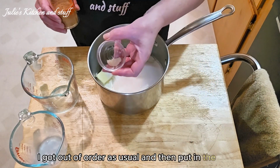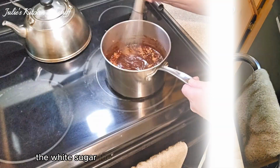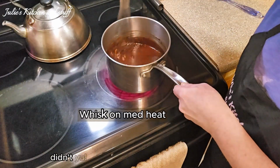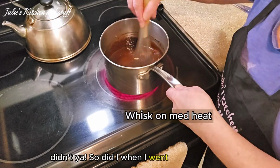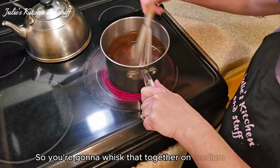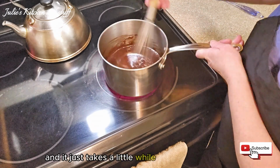And then put in the butter, the milk, the white sugar, the salt, and then the cocoa. Thought I was going to put the cocoa in first, didn't you? So did I when I went over the video. So you're going to whisk that together on medium heat, and it just takes a little while for it to